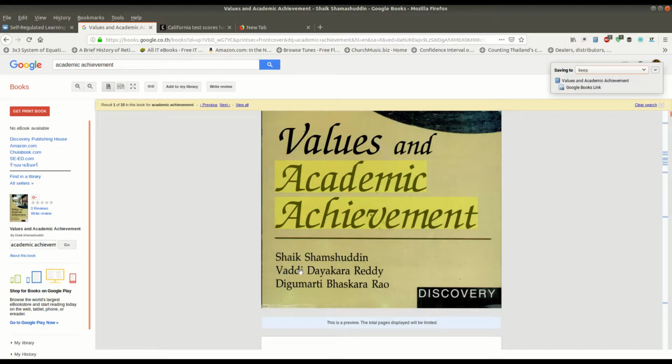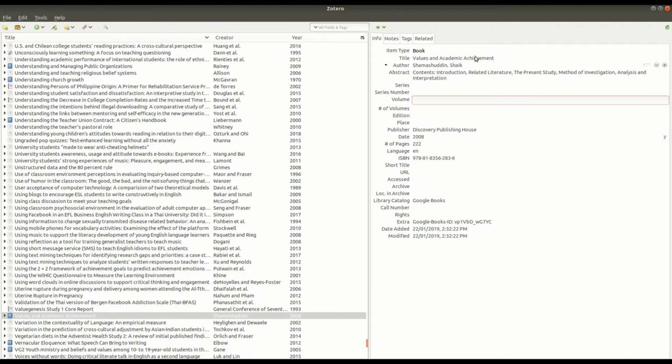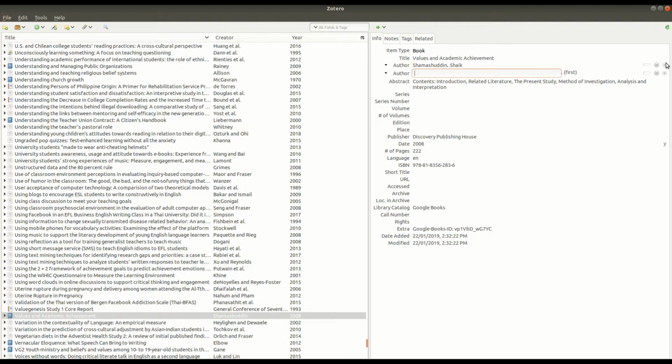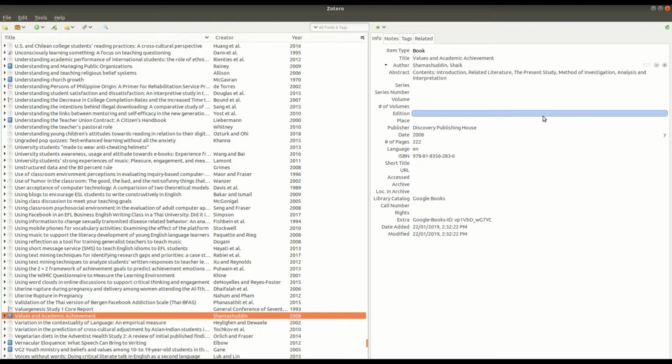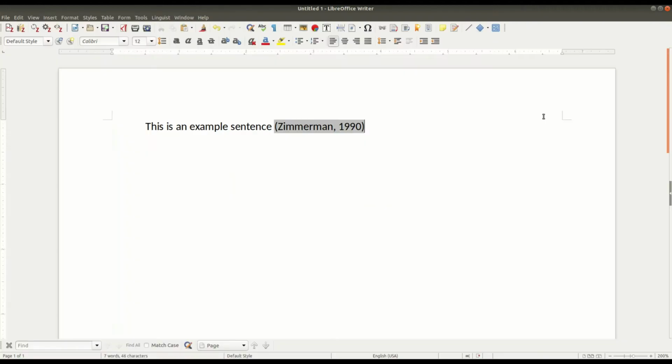If I wanted to get all of the authors, I would have to add them manually by pressing the little plus sign here, and I can add the other authors. Okay, that's how you would have to do that. If I want to remove an author, I press the minus sign. So we go back to